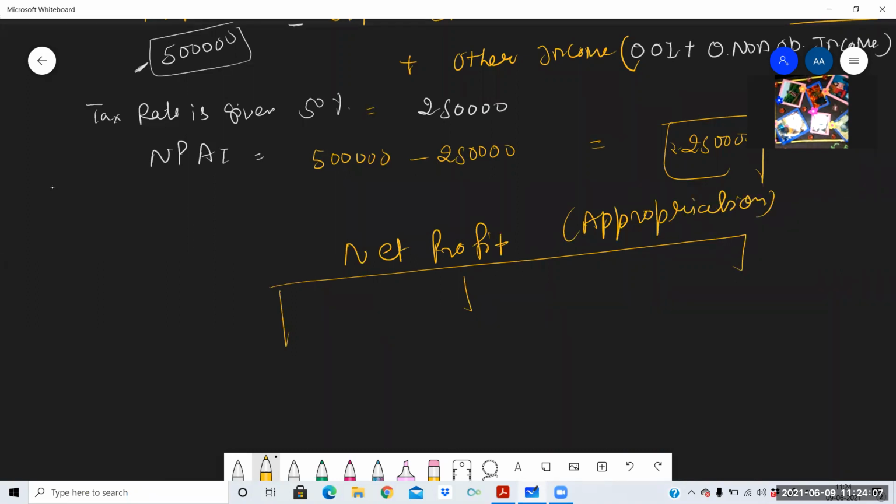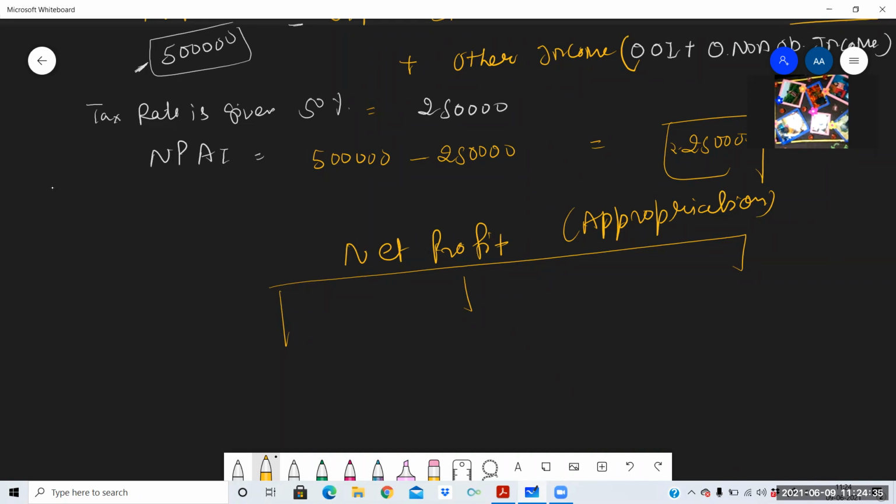Before finding out the net profit, all the charges have been subtracted. Charges means we need to pay all the expenses, whether there is profit or loss. So after calculating the net profit, this is the final amount of profit from which all the outsider claims have been subtracted. Afterwards, all the companies and partnership firms need to make appropriations. How are the profits allocated? How are the profits appropriated?